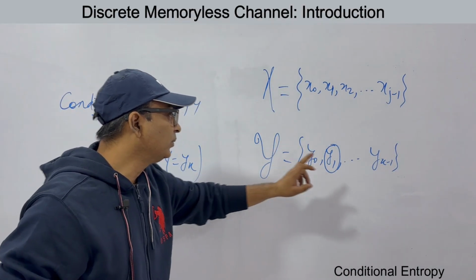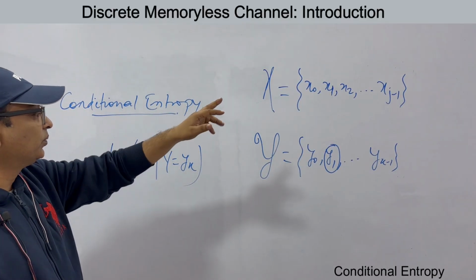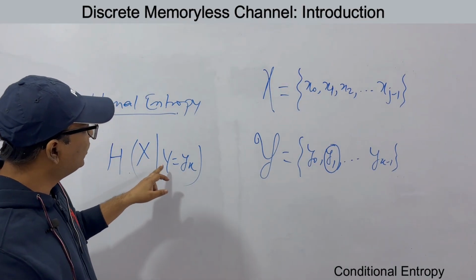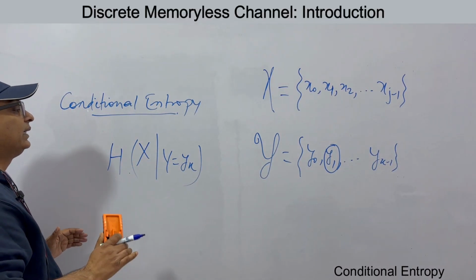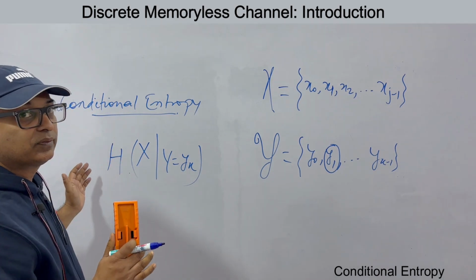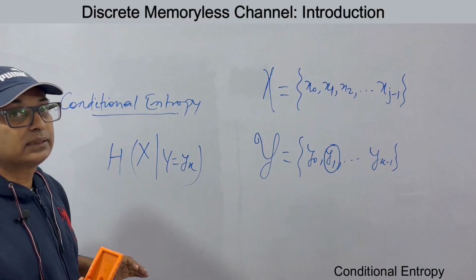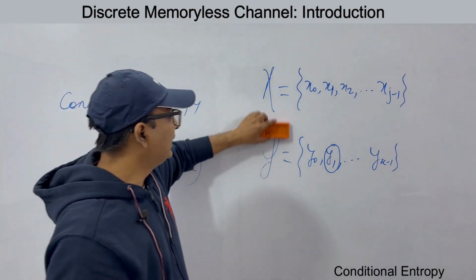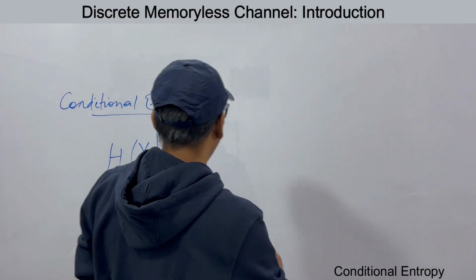For y equal to y1, what is the distribution? X is a random variable. So this is conditional entropy, that is the entropy of X for a given y1. When we are talking for a given yk, y equal to yk, this is conditional entropy. H of X was the entropy of that alphabet X, but H of X given y equal to yk is the conditional entropy for a particular symbol yk. In terms of probability, it is defined as